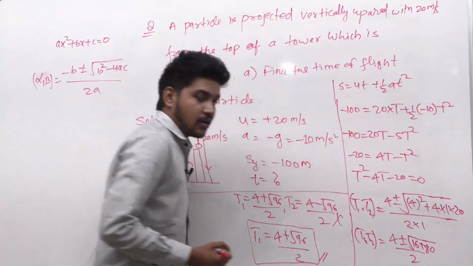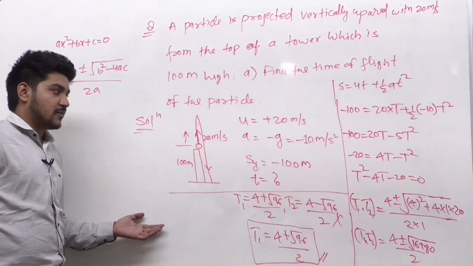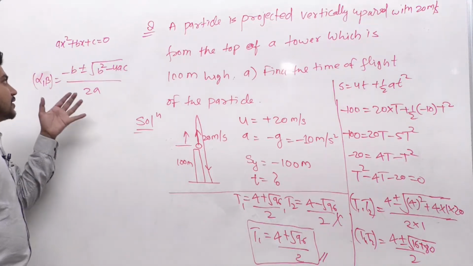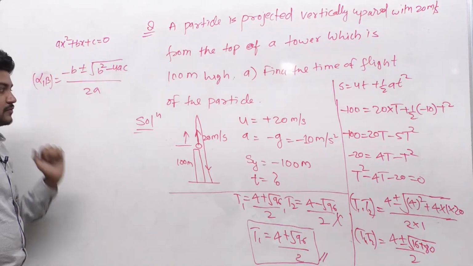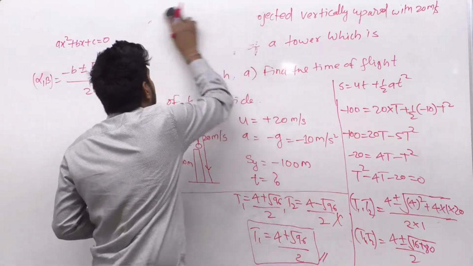Fine. Okay, fine. So I am solving one more such example. So you once again go through the problem and try to understand this. And this is the formula for quadratic equation, right? Okay, I am erasing this once again, and I will give one more question.